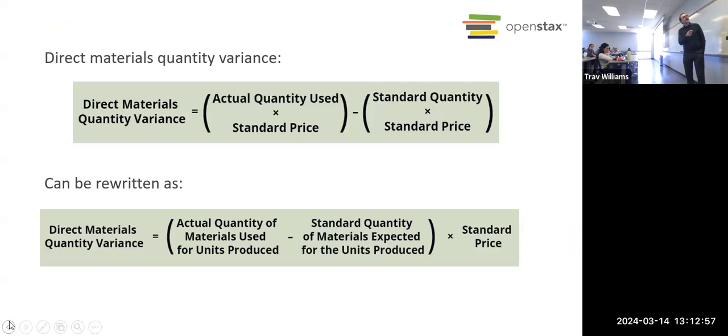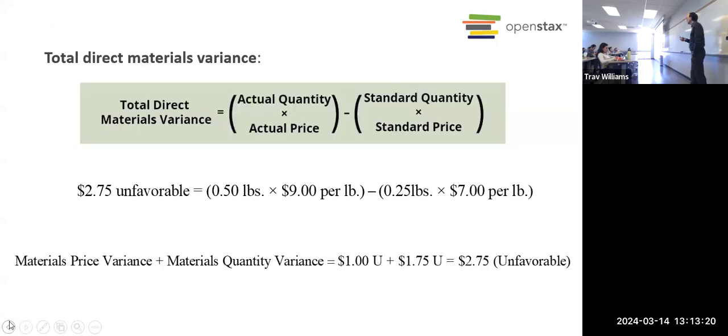Right? And then we saw that we also have a formula for quantity, right? To see, did the quantity of materials vary from the standard? And was it favorable or unfavorable? And again, we have an alternate version of that. And then once you have done both and you have a price variance and a quantity variance, you can just add them together to get your total variance, right? Or you could use this formula to get your total variance, but I usually just add them together.